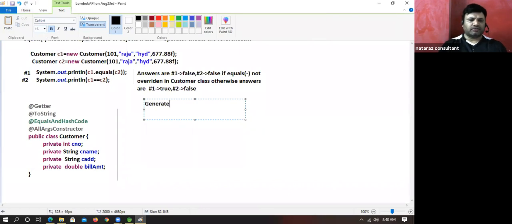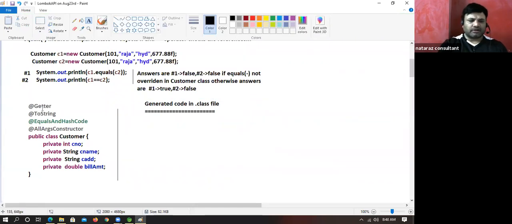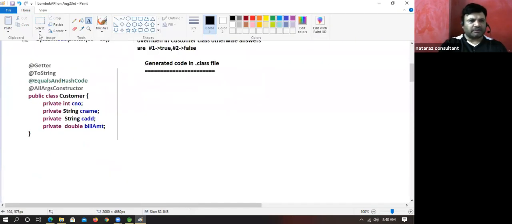Now what is the generated code in the dot class file?